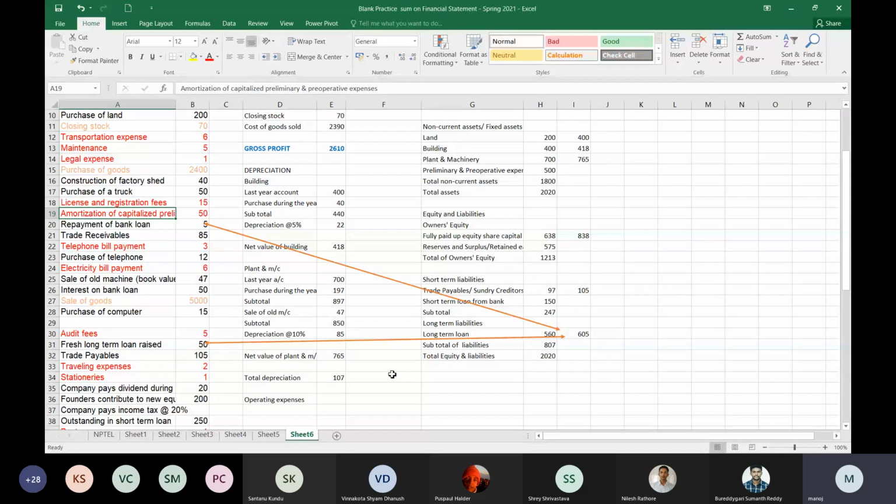So you want to capitalize that, meaning whatever you have incurred, you have incurred 500. So out of 500, you are allowing 50 rupees to be amortized this year. Last year you have not amortized any, or maybe you have actually incurred 550 rupees. You amortized 50 rupees. Now you are left with 500. Out of that you are amortizing 50. So whatever will be left is 500 minus 50, so this year it will be 430. Now